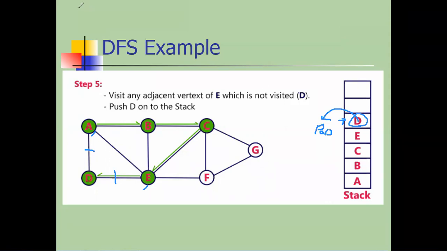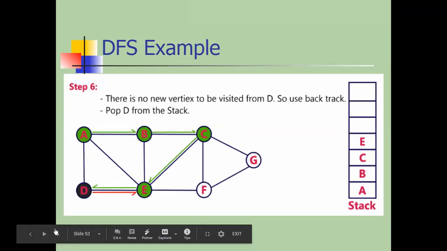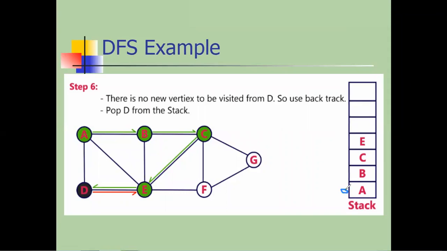So what happens to D in the next step? Who will tell? It should be popped from the stack. So now just concentrate. D we have removed from the stack. Okay, it was taken out from the top of the stack, so where is the stack's top pointing now? Anybody can give me the answer: where is your stack top now? This is 0 location, this is 1, this is 2 and this is 3. So where is our current top now? It is pointing to the third location. Yes, it should be pointing to the third location. Now we are focusing on this one.